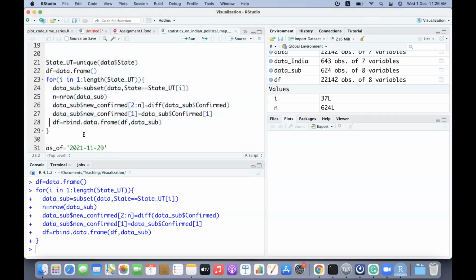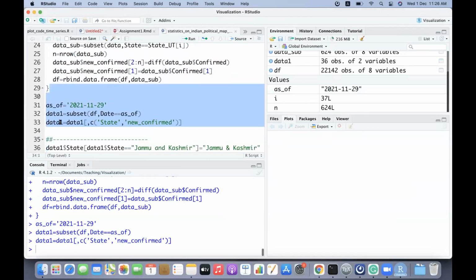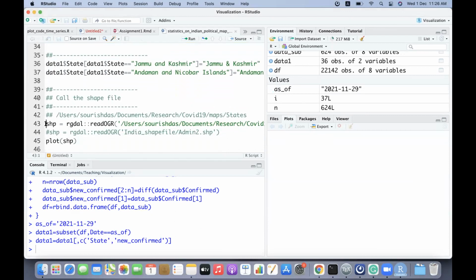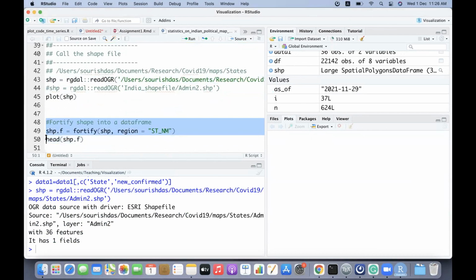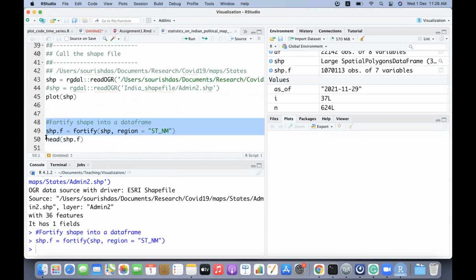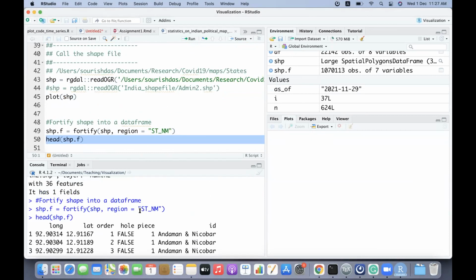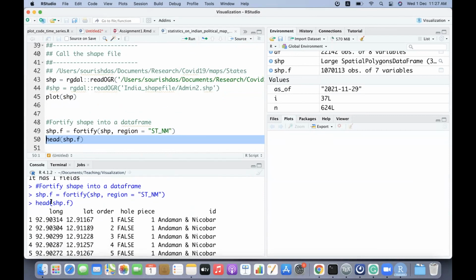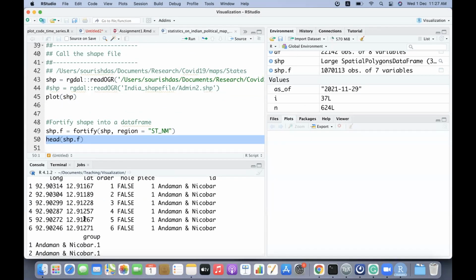Okay, I think we'll just get this. And as I discussed, we'll just take the shapefile. I'm not going to make this plot. It's going to take a bit of time. So first time running, and never try to open this file, because if you try to view this file by clicking here, it will take forever. My suggestion is, if you want to view this file, just say head of this. It will take the first six lines and show them to you.